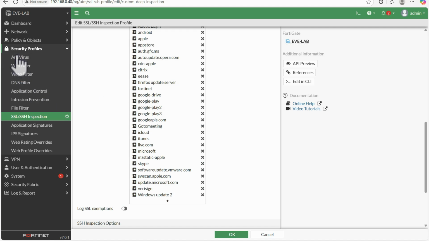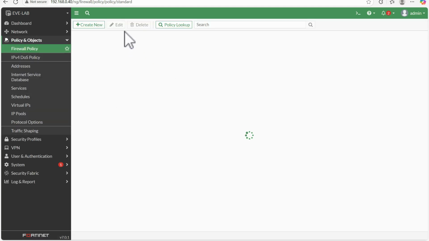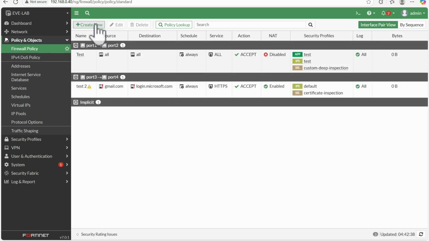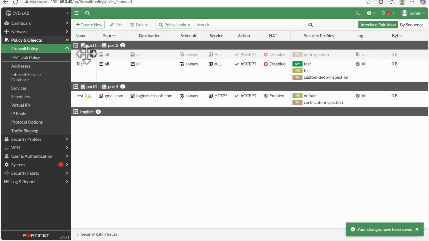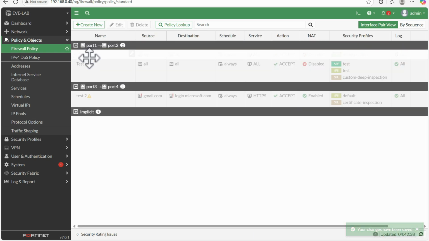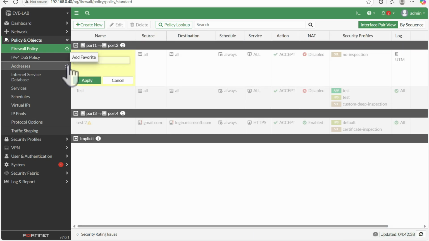How can you create it? Let me show you what I am referring to. If I go to the firewall policy now, as of now I have the certificate deep inspection. What I will do is insert above. So now I am going to insert one rule. Here I will say